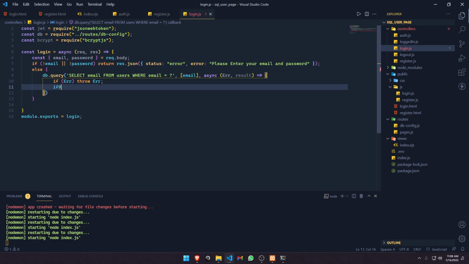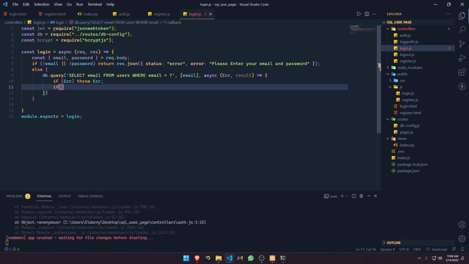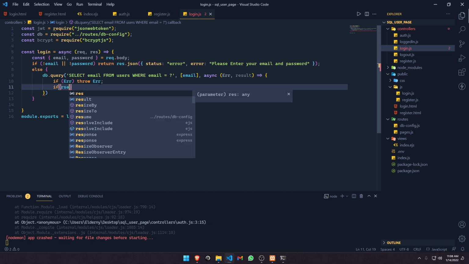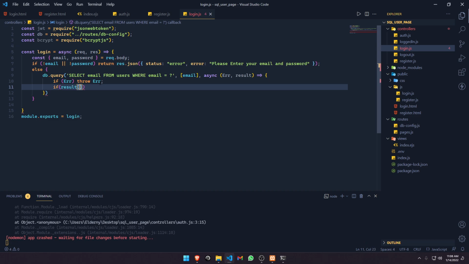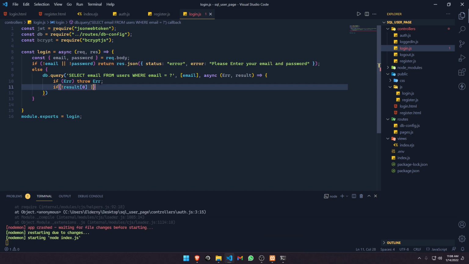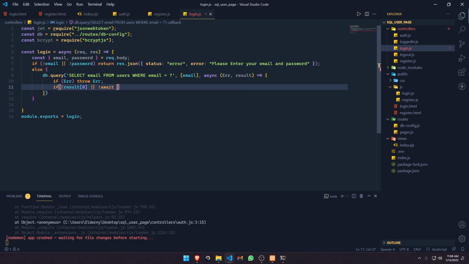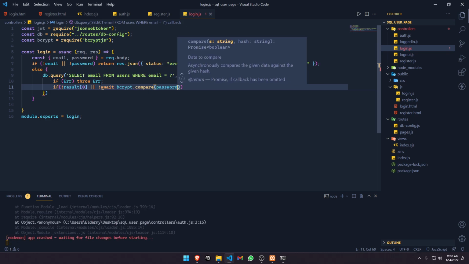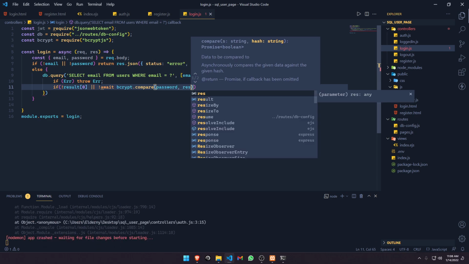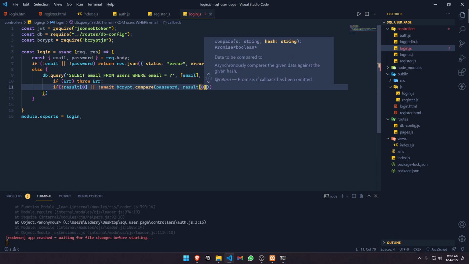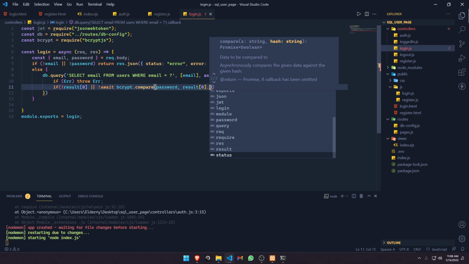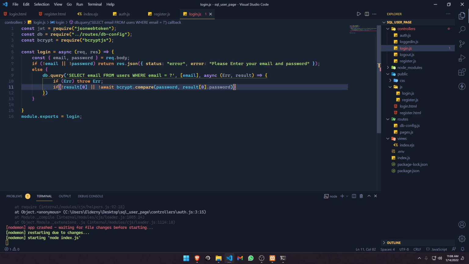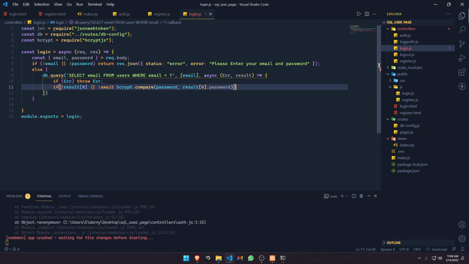And I'm going to say if result 0 is not there. If it's not there, or, wait, now we're going to use bcrypt.compare. bcrypt.compare is going to compare the normal password that we're getting right now with the password that we have in the server. If there was something in the server dot password, if any of these conditions match, what we want to do,